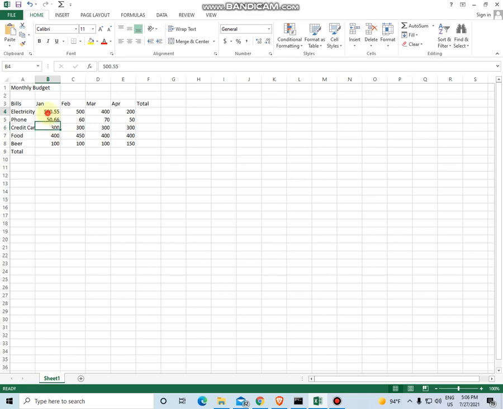Let me show you that. We will select these two cells, and we are on the Home tab, and go to the option Align Left. When we click this, you see the decimals are not in a straight line.